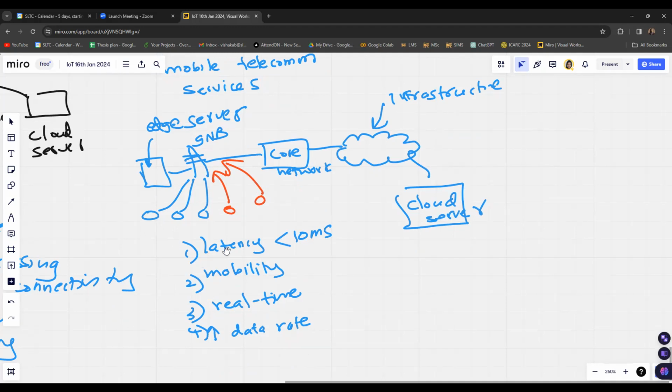So consider a scenario where we have a vehicular network. That means each of the devices connected to the network infrastructure will be vehicles. If the vehicles are in traffic and we enable edge computing in this scenario, then we can give timely updates to the vehicles, saying this is the traffic on the road.